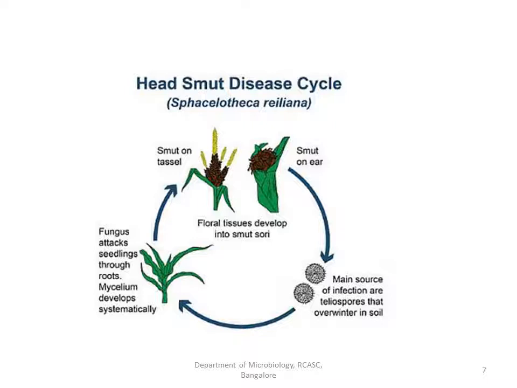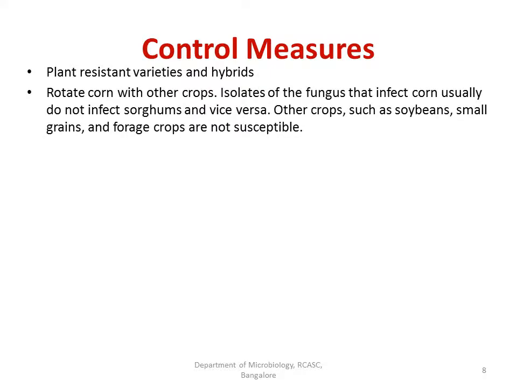It's a soil-borne or seed-borne disease that infects the root system of the plant and enters inside the host tissue. They grow and develop inside the host tissue, and enter the meristematic region where the inflorescence or head formation happens. They enter the tassel region and infect the ovary, and once the nutrition is over, they get transformed into teleospores and are released outside, and the cycle can continue. Coming to the control measures of head smut: use of disease resistant varieties, crop rotation,